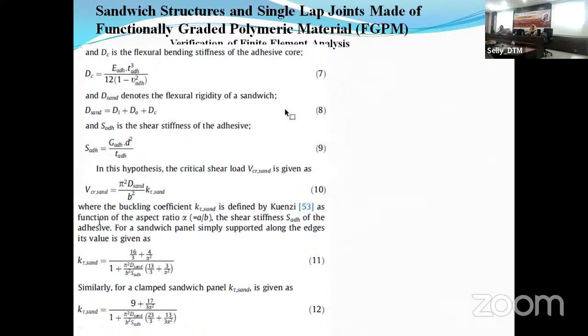It may be for master students, some factors, you know, shear stiffness factors, and some buckling coefficient factors, like that. In Quanzi's advice, he says to use the aspect ratio alpha, and the shear stiffness of the